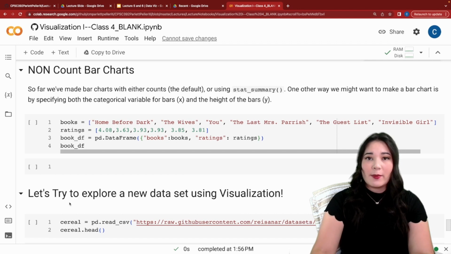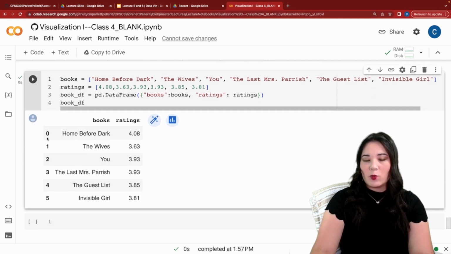But that's not the only type of bar chart we might want to plot. For instance, here I'm loading in some data that rates different books that I've read. Here we see something really similar to before. We have a column of different items and then a value that we would like to have as the height